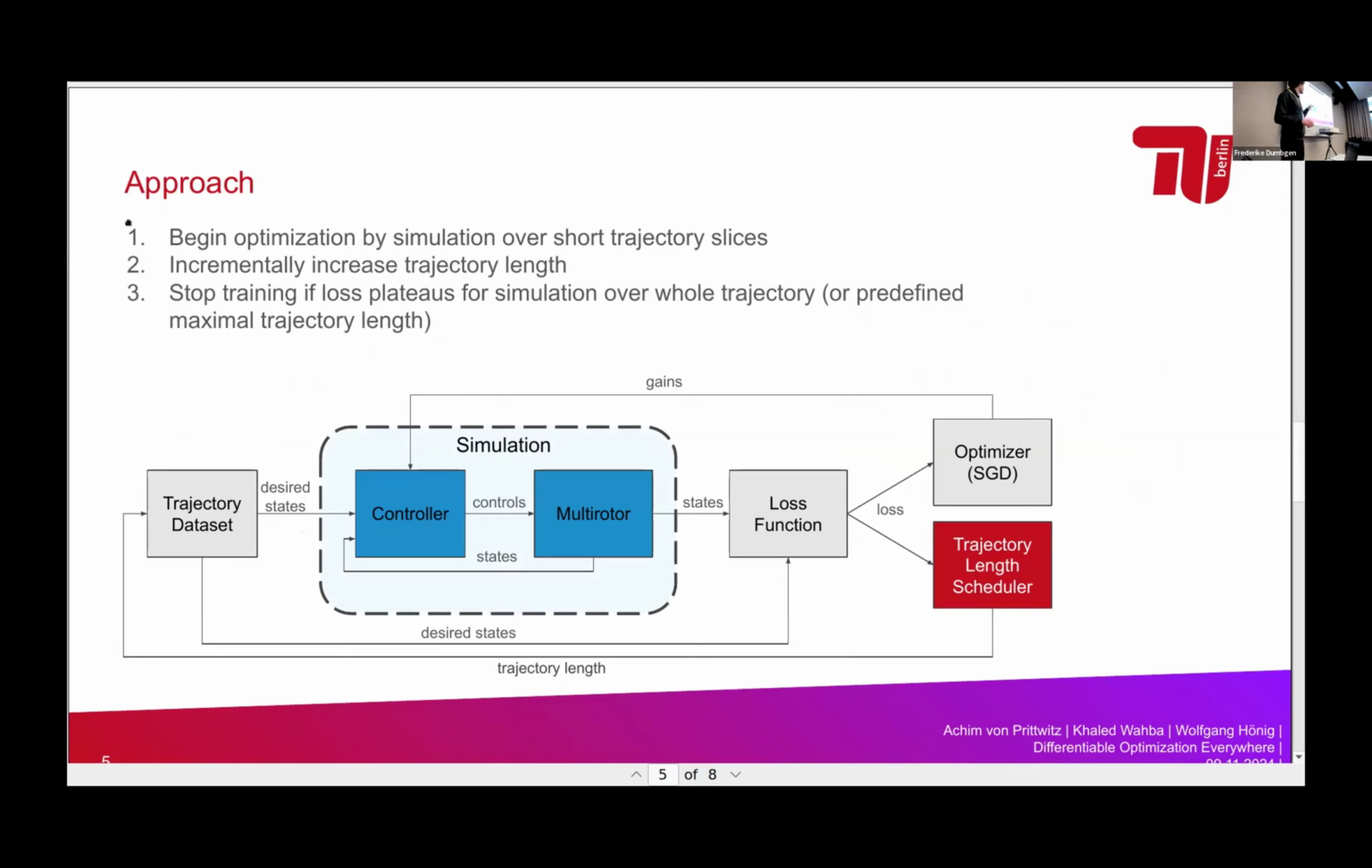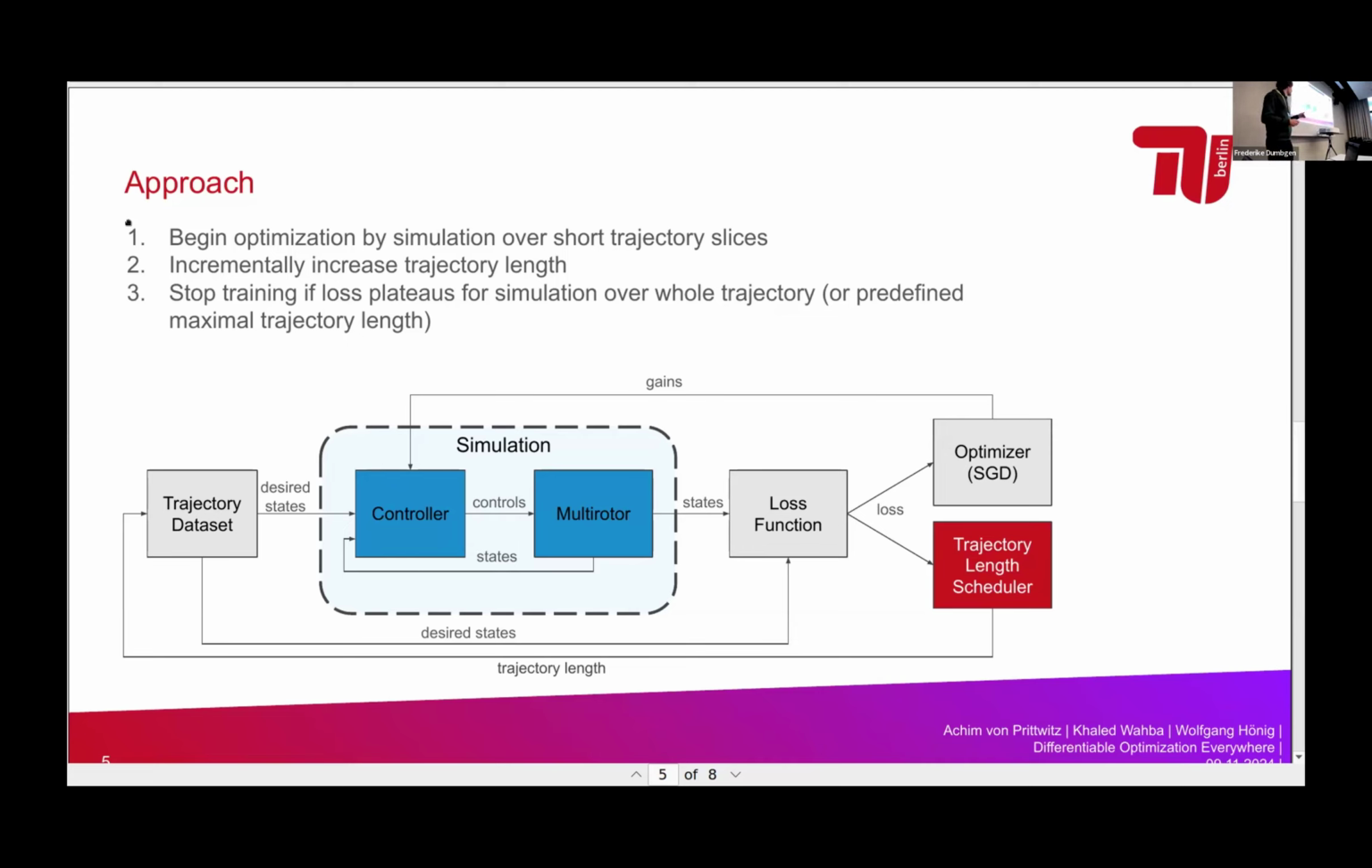What we did was slice our trajectory into small pieces of just 3 time steps, because we can simulate for 3 time steps. It was okay. We did not run into numerical issues. Then we optimize and keep track of our loss, and as soon as our loss plateaus, we double the window size. So we incrementally increase the length of our trajectory until we eventually are able to simulate over the whole trajectory,